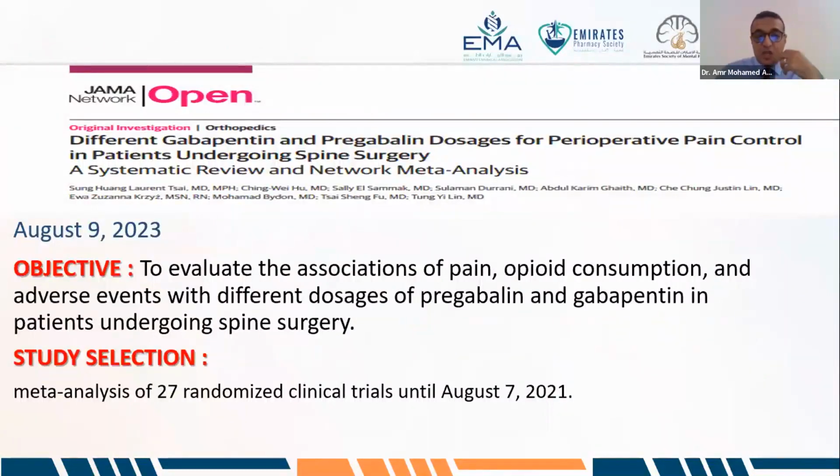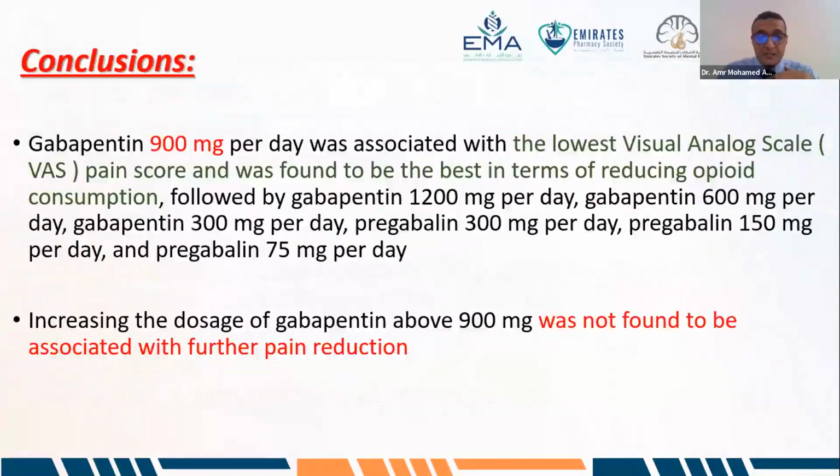There was a trial showing the different gabapentin and pregabalin dosages for preoperative pain control in patients undergoing spine surgery. This systematic review, published in August 2023, evaluated the association of pain, opioid consumption, and adverse events with different dosages of pregabalin and gabapentin in patients undergoing spine surgery. This was a meta-analysis with more than 77 randomized clinical trials. To conclude, gabapentin 900 milligram per day was associated with the lowest visual analog scale, VAS score,